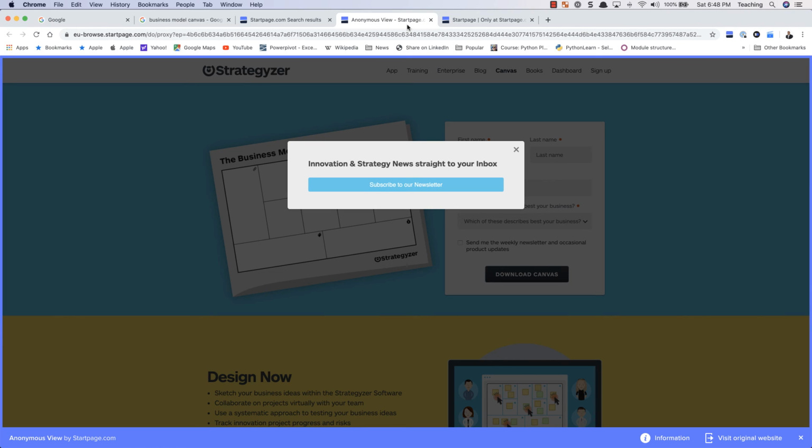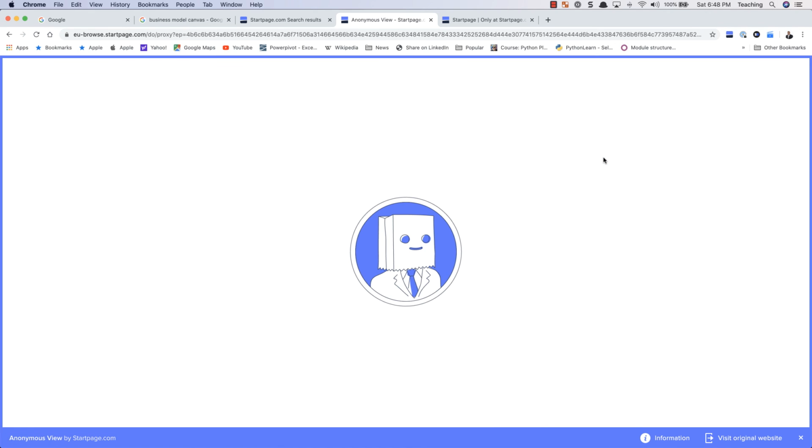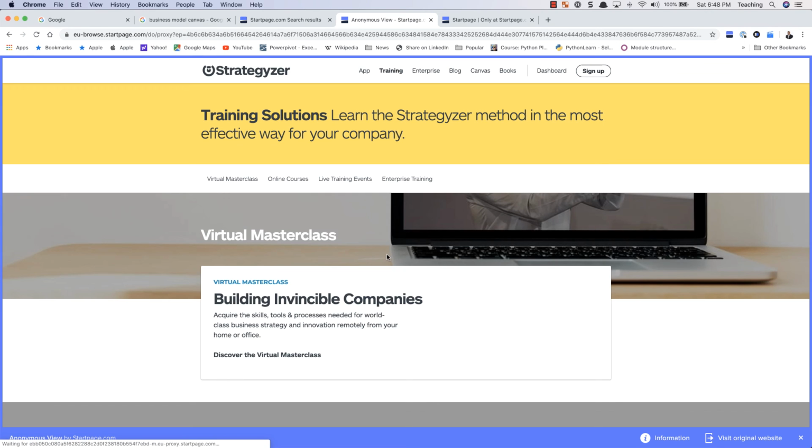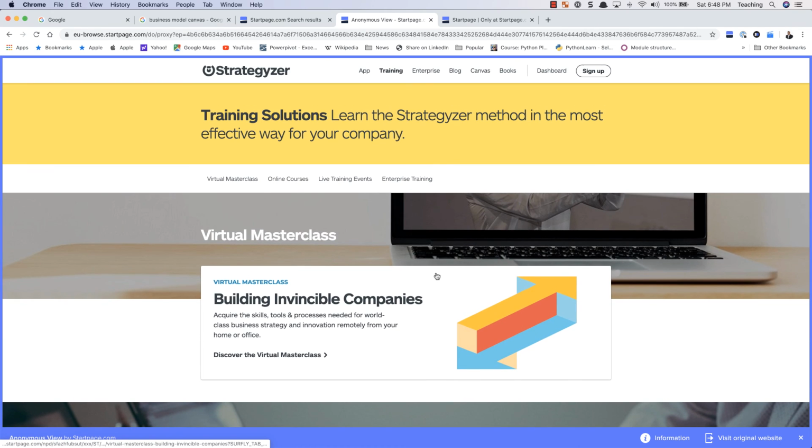So now how do I use it? I've already shown you. When you click it, it comes here. So let me click on another link over here, training. It shows that it is actually routing it through a proxy now. So even if you have logged on in the other window, if you are using Startpage, at that time you can see that you need to come and log in again. So you can consider it more like an incognito window in Chrome, but with more anonymity and safety features.